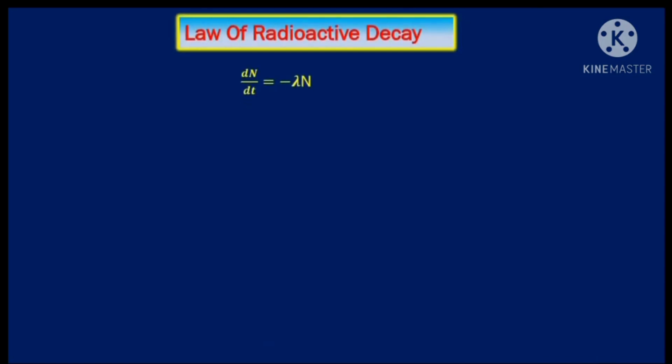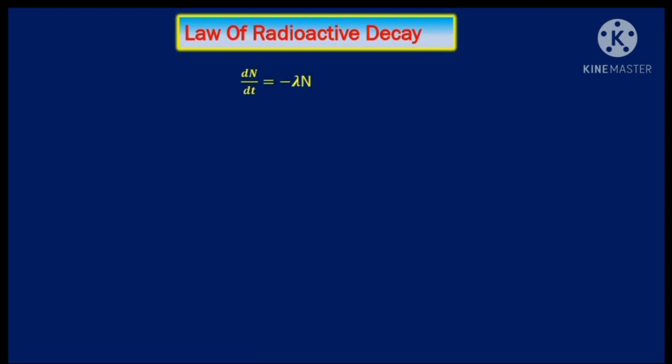So we have a law of radioactive decay, which states that the amount of the radioactive element that is decaying per unit time is directly proportional to the total amount of the radioactive element present. Since the quantity of the element is changing with respect to time, we can use differential equations to express this law. And friends, please note the negative sign indicates that the quantity of the element is decreasing as